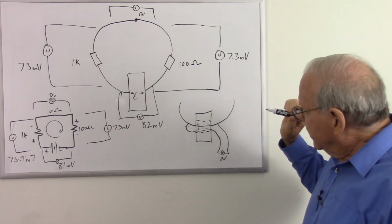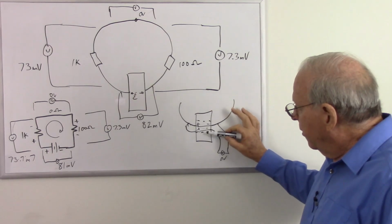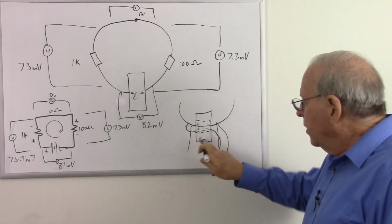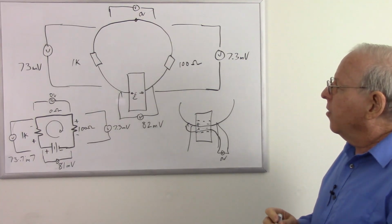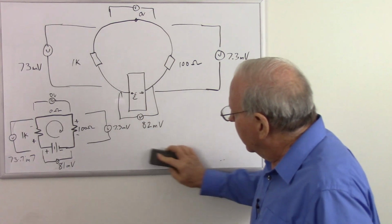So, like I said in the original video, it appears that all the EMF is in here, and there's no real way to prove that, because if we measure this way, we see the full EMF of the whole circuit. If we try to measure that way, we're going to cancel it out, and we can't measure it. So the bottom line is, if I get the clutter out of the way here,